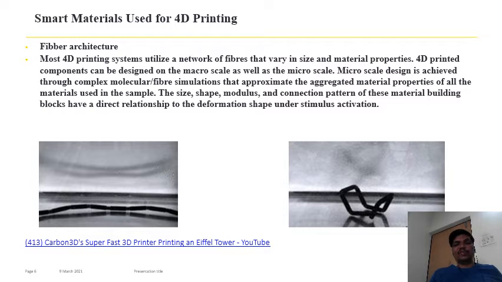Most 4D printing systems utilize a network of fibers that vary in size and material properties. 4D printed components can be designed on macro scale as well as micro scales. Micro scale design is achieved through complex molecular fiber simulations that approximate the aggregated material properties of all the materials used in that particular sample. The size, shape, modulus, and connection patterns of these material building blocks have a different relationship to the deformation shape